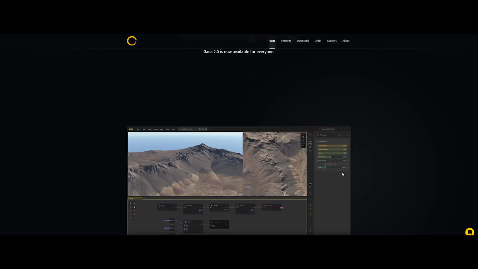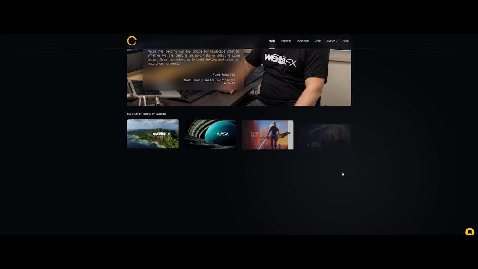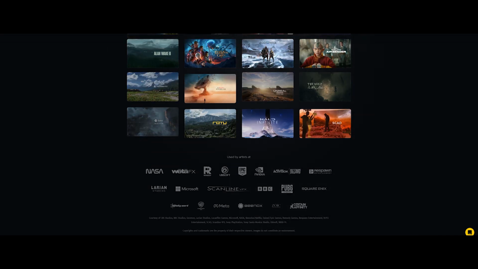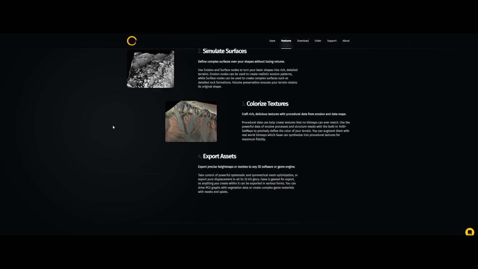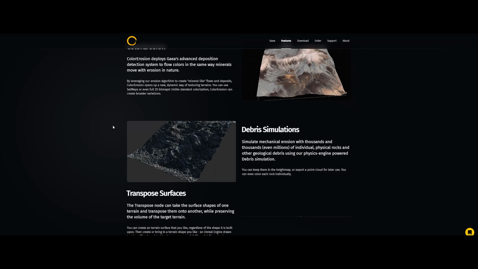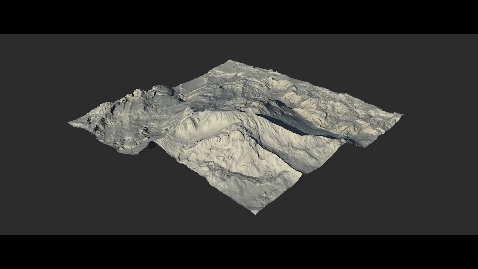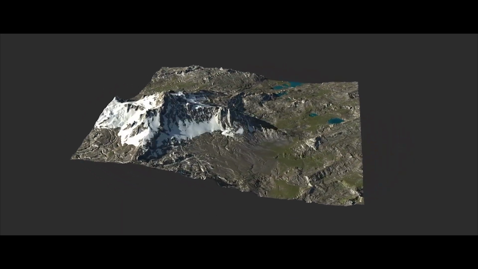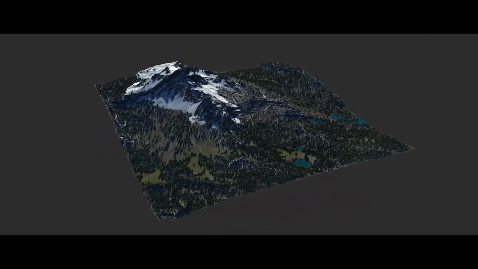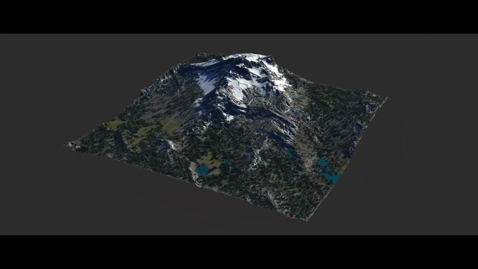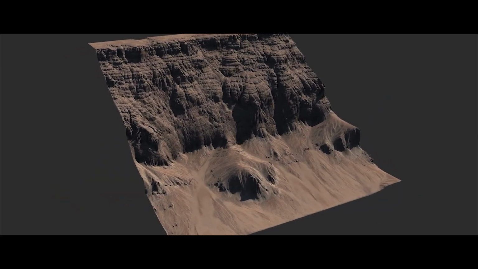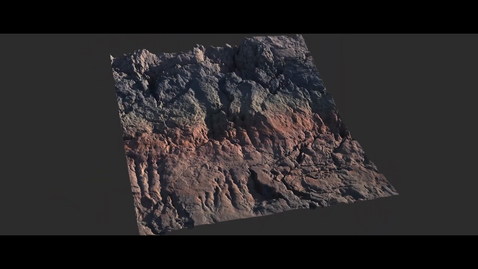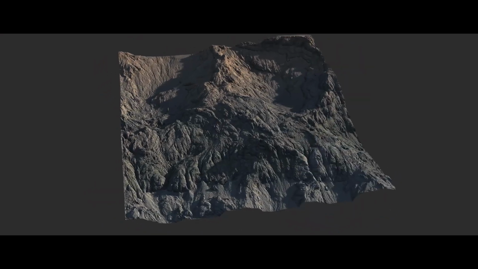Alright, if you're hunting for the ultimate procedural terrain tool, sit down, strap in, and get ready, because today we're diving into Gaia. This isn't just any terrain generator. Gaia is a production-ready powerhouse used by the film and gaming industry to create jaw-dropping landscapes. It's got everything: geological shapes that scream realism, sophisticated erosion that makes your terrains look alive, snow and river simulations so good you'll think Mother Nature herself designed them, and one of the best texture generation systems out there. All of this in a simple, intuitive, node-based workflow that anyone, yes, even you, can master.